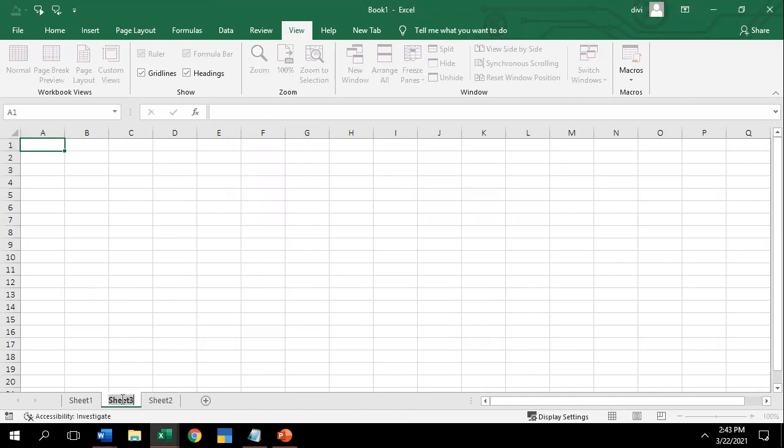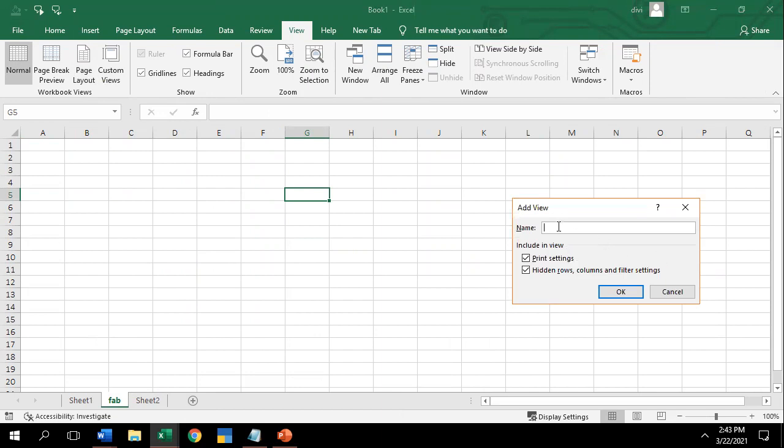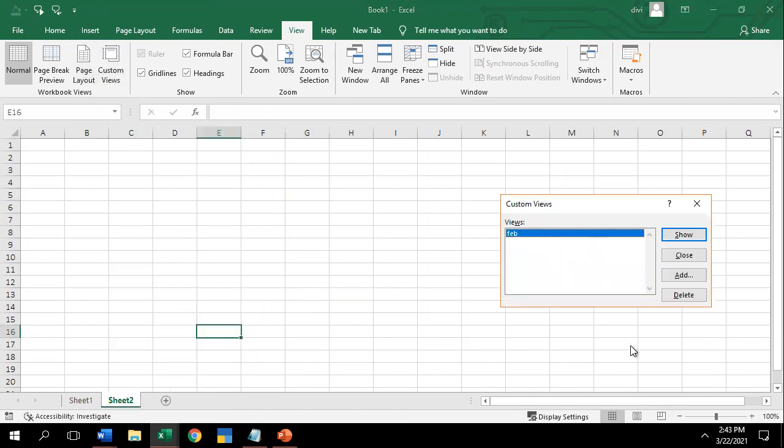See, I'm going to hide this sheet, and I'm going to add a sub sheet. If I want to hide, you can click on this. You can click on customize, add, give a name of the file, that is a web sheet. I'm going to add it. Okay, once I have added, if you want to hide the sheet, rather than unhide, you can click on customize show.